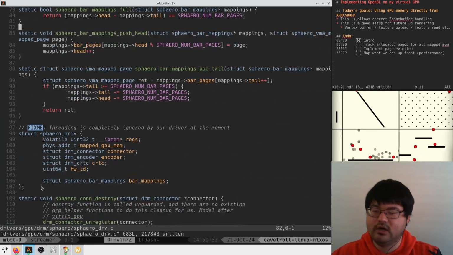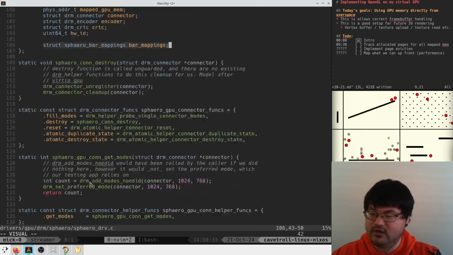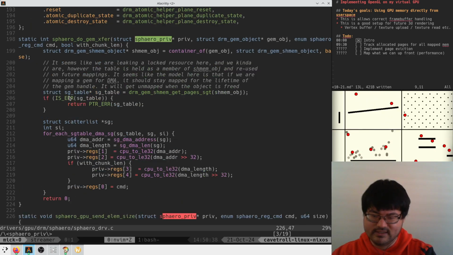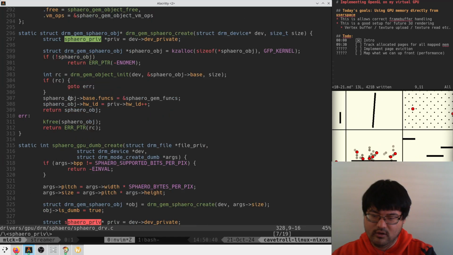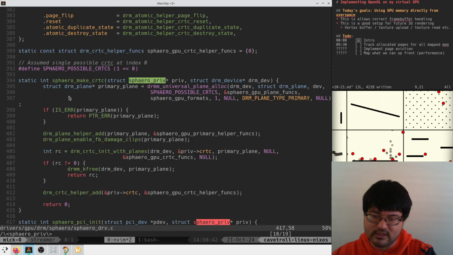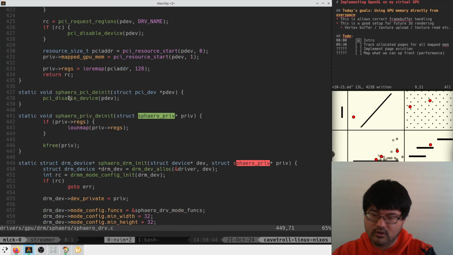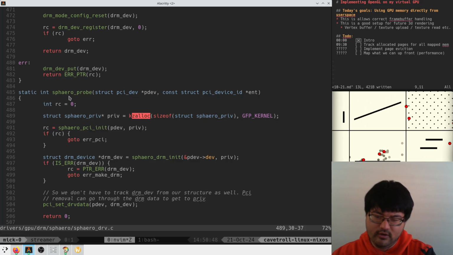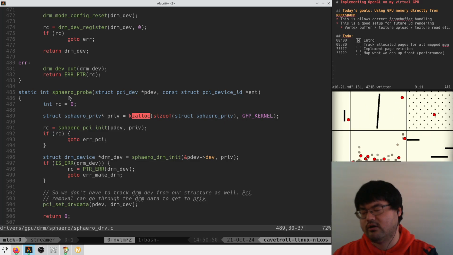And since this thing is zero initialized into a good initial state, I don't think we actually have to do anything here. I think that when we allocate Sphero priv, we kzalloc, which should make it zeroed out. Yeah, here, kzalloc. So we're chilling there. So that just means that basically in our fault handler,